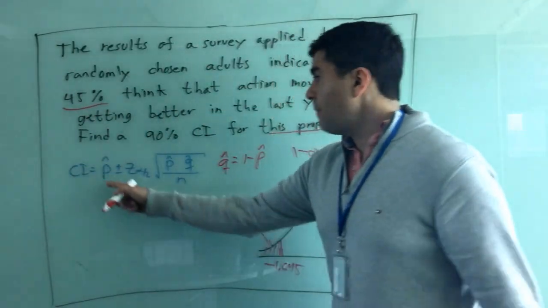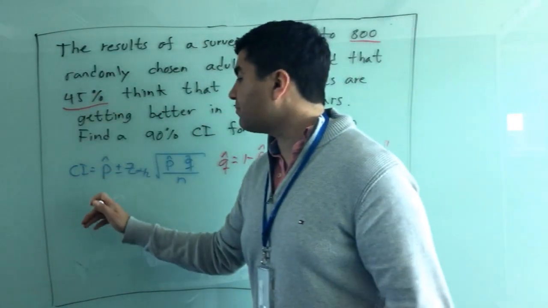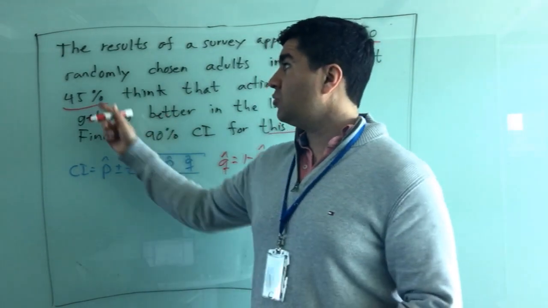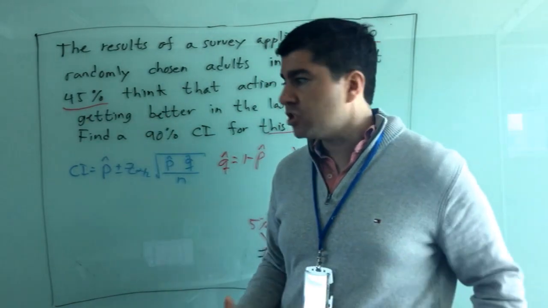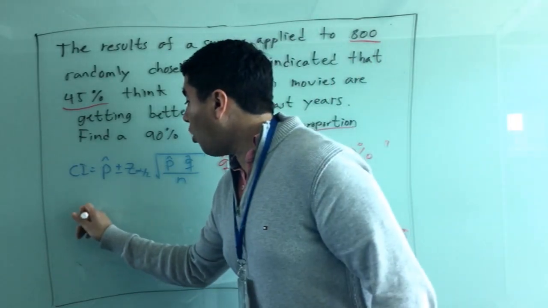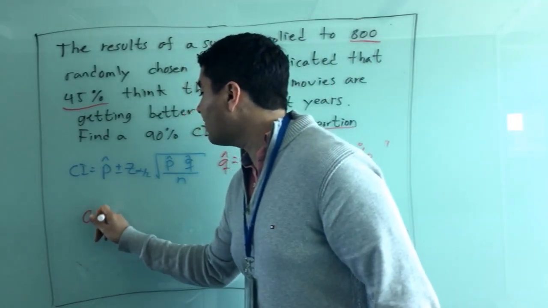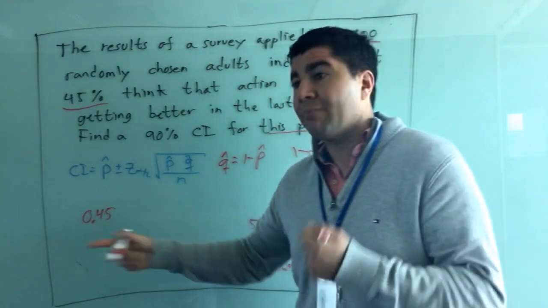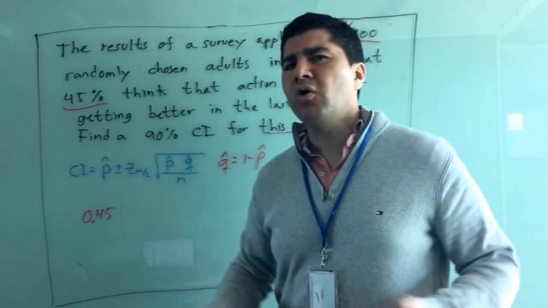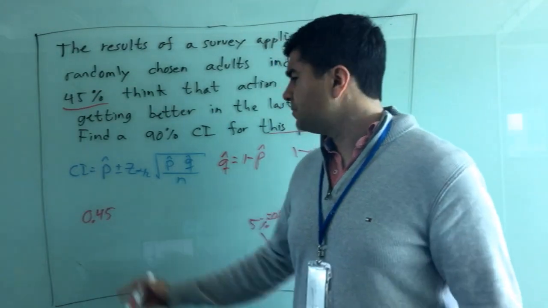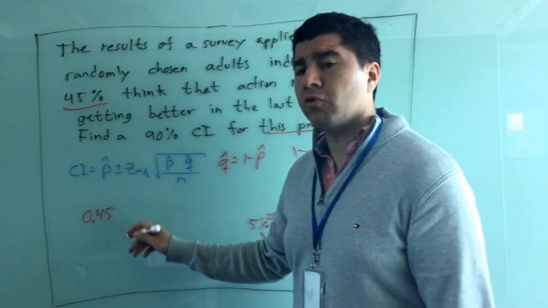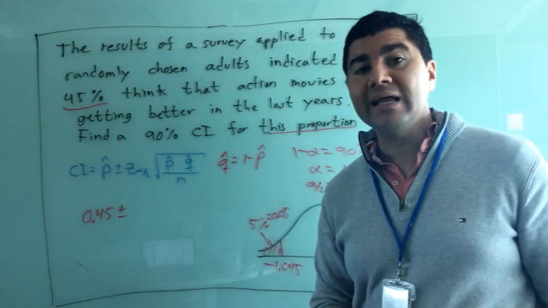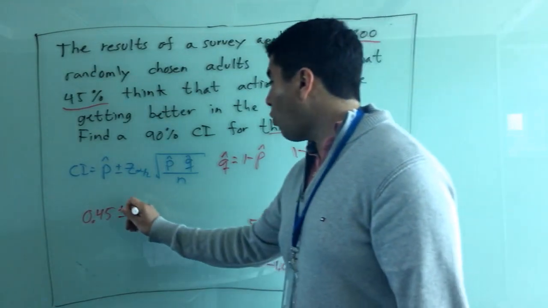Let's do it. p hat is given, it's 45%. We cannot write it as 45% itself. Let's remember that this is just a representation. So we need to use 0.45. If we try to use this formula with a 45, not a 0.45, we're going to have a terrible result. 0.45 plus minus, and this C is the one that we calculated on PYQRS,